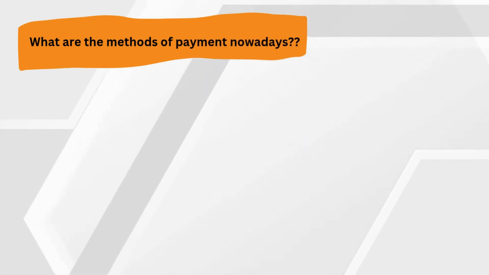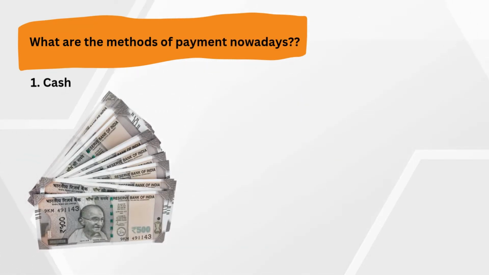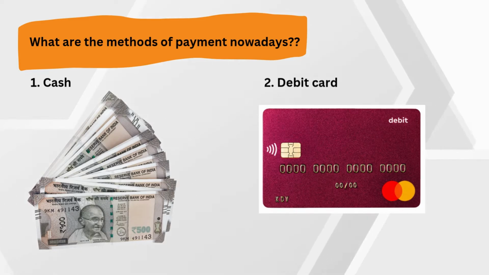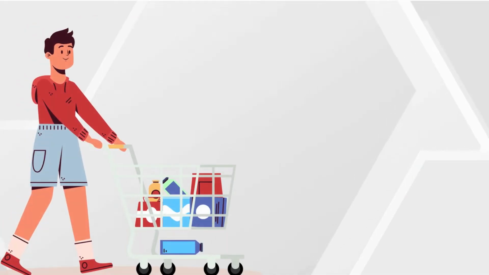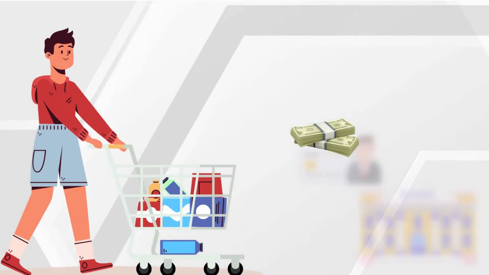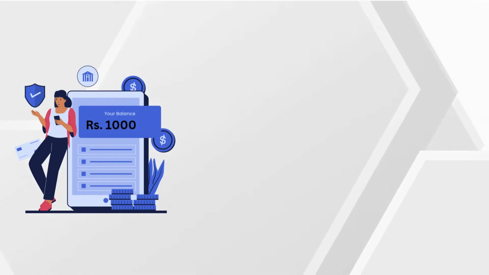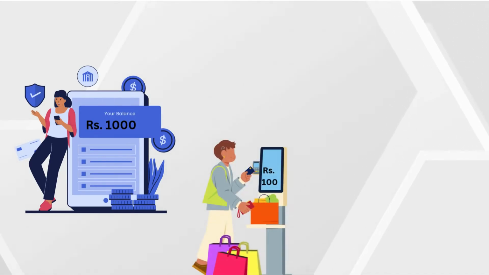Now, what are the methods of payment nowadays? Paying by cash, right? And second would be debit card. So debit card is like a plastic version of your bank account. When you use it to buy something, the money comes straight out of your bank account. For example, if you have 1,000 rupees in your account and you spend 100 rupees with a debit card, your